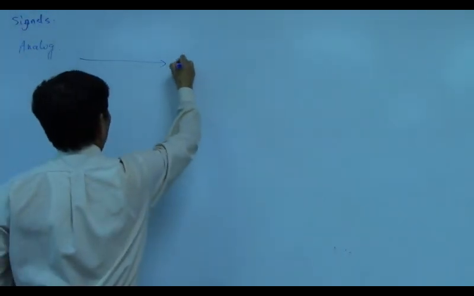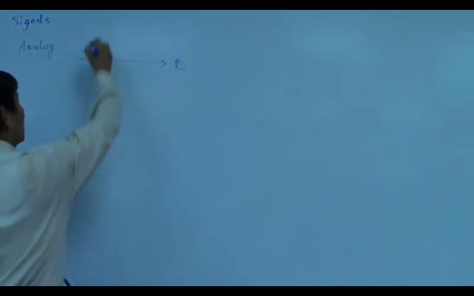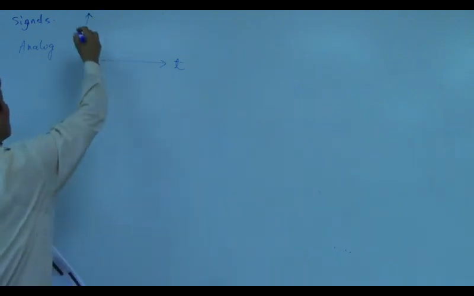Okay, first one is analog signals. So can anyone explain what an analog signal is? An analog signal is a function of time, and the amplitude, we just write A, can be a voltage, can be current, or can be basically anything, temperature or anything. Right? The key is